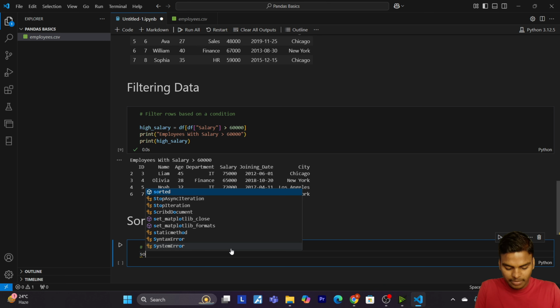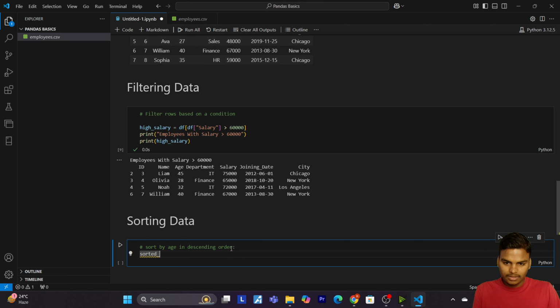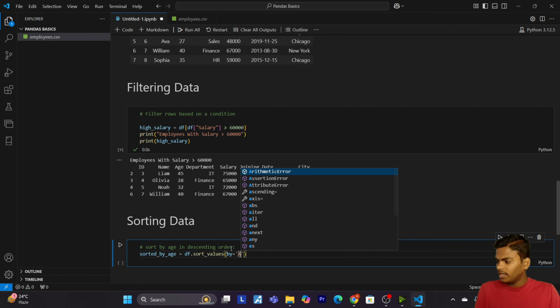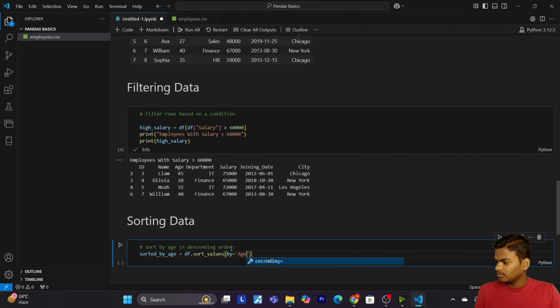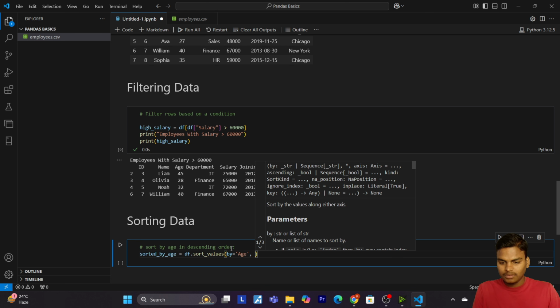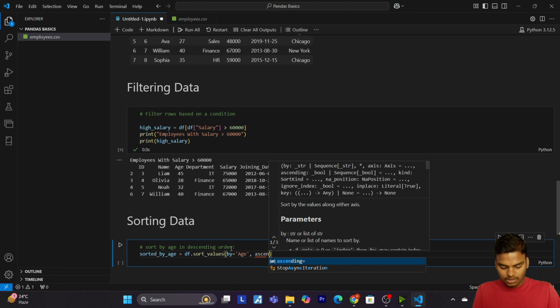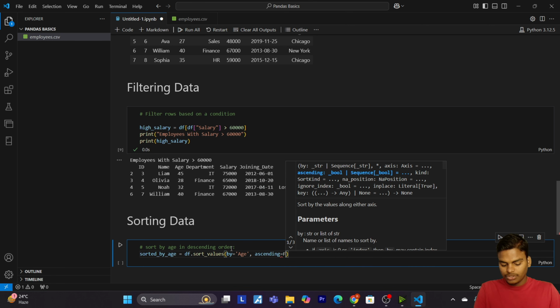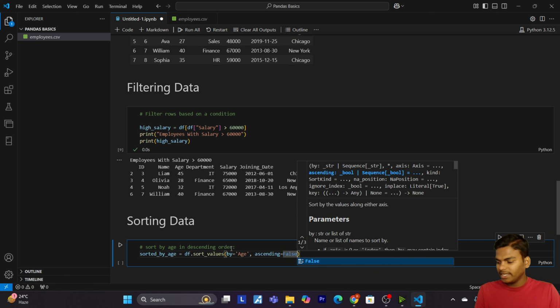For this, let me create a variable sorted by age. Then I will pass df dot sort values, and then I will pass by age. I will make ascending false, because we want it in descending order.